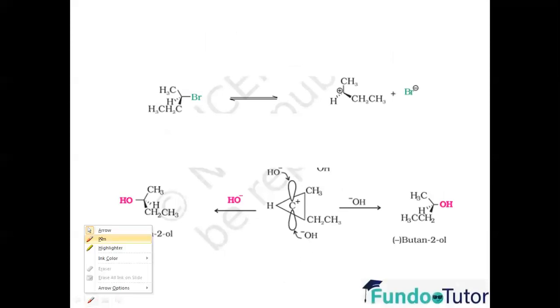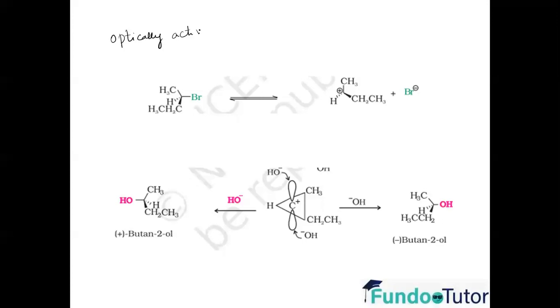So when we take the optically active alkyl halide, let's look at the stereochemistry of this. What is an optically active alkyl halide? Let's understand what optical activity is. The carbon here is attached to four different groups, in this case CH3, H, CH2CH3 and Br. So such a carbon is called an asymmetric carbon